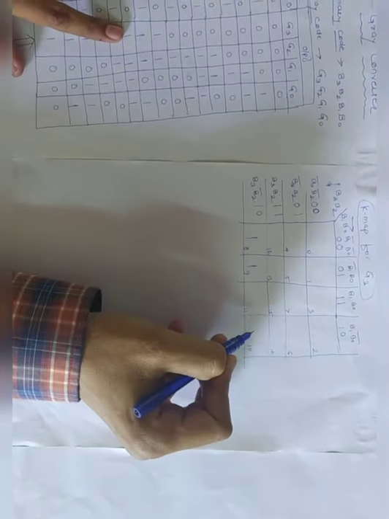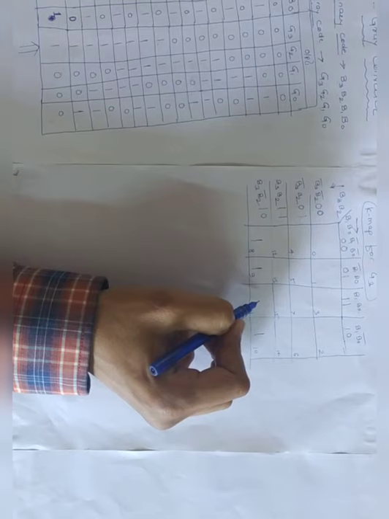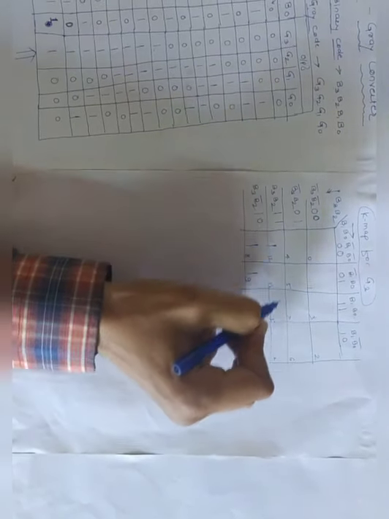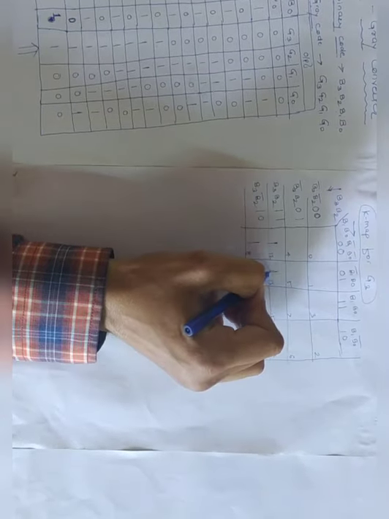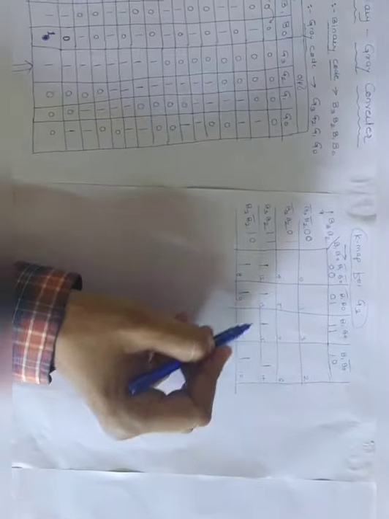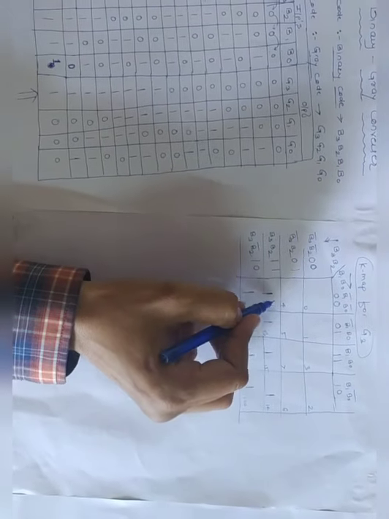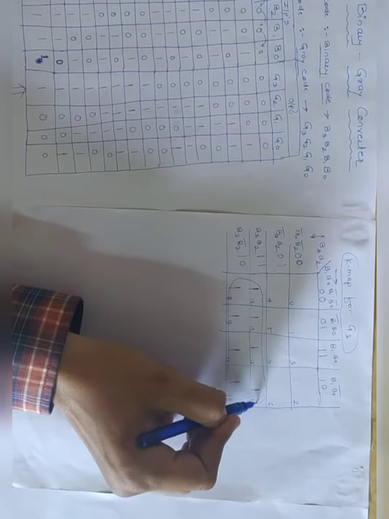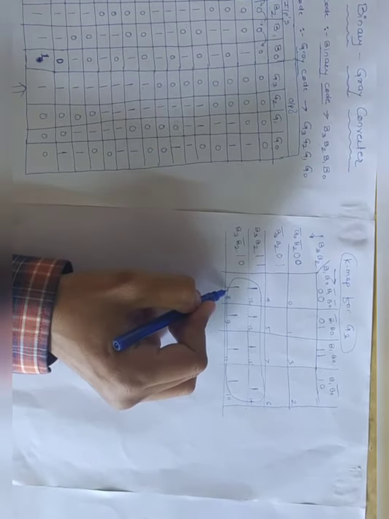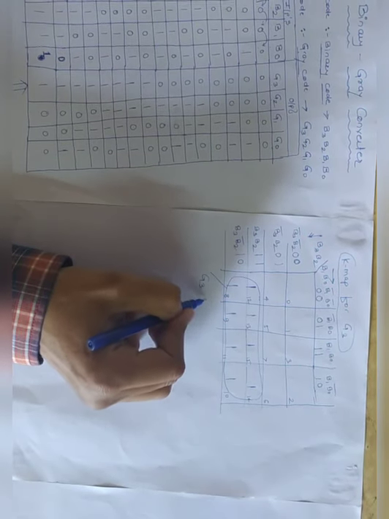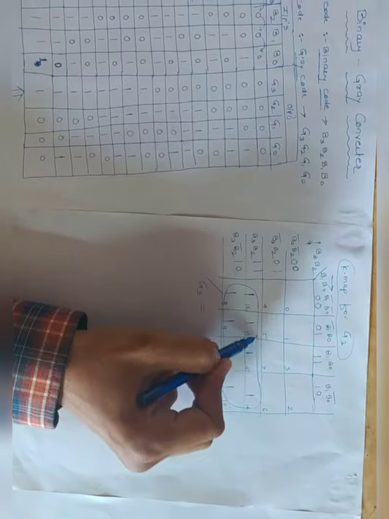Now this one is where? Here. In the same way 11, 12, 13, 14, and 15. So you have to make a group. Directly here is a group of 8 bits. We can group the 8 bits directly, and for that, this is for G3, the equation for this group.